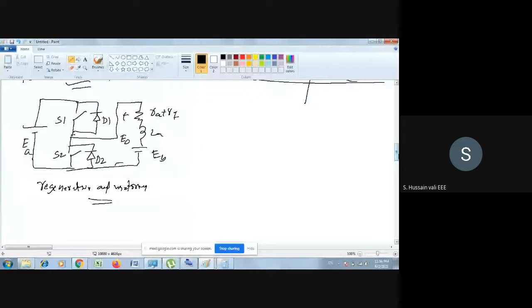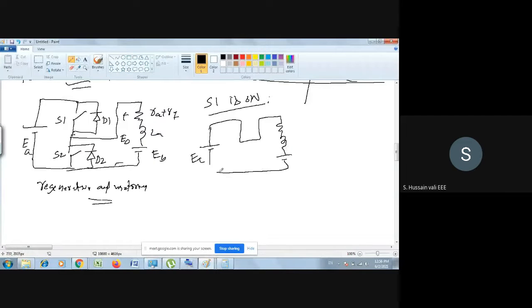If you recall, in one case, S1 is on. This is only a repetition of the topic, nothing else. With S1 on, we have E, S1, RA plus RF, LA, EB, and E naught is equal to E. The current will flow like this through S1. Now when S1 is off,